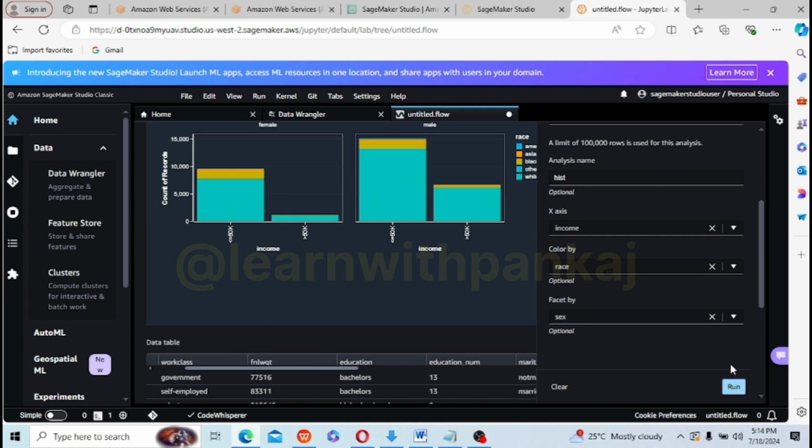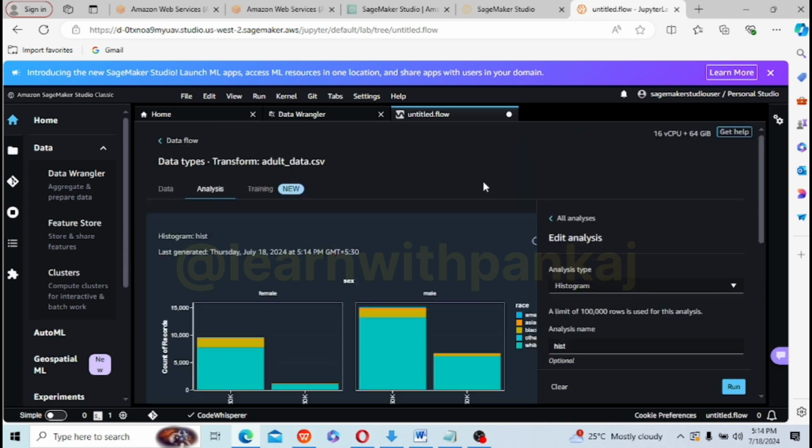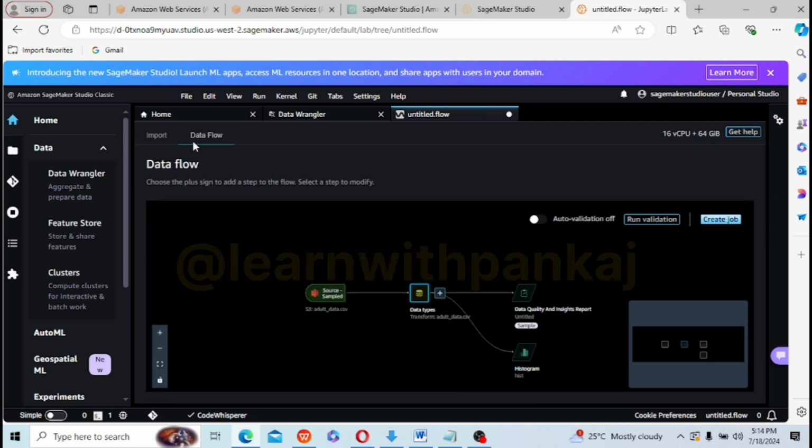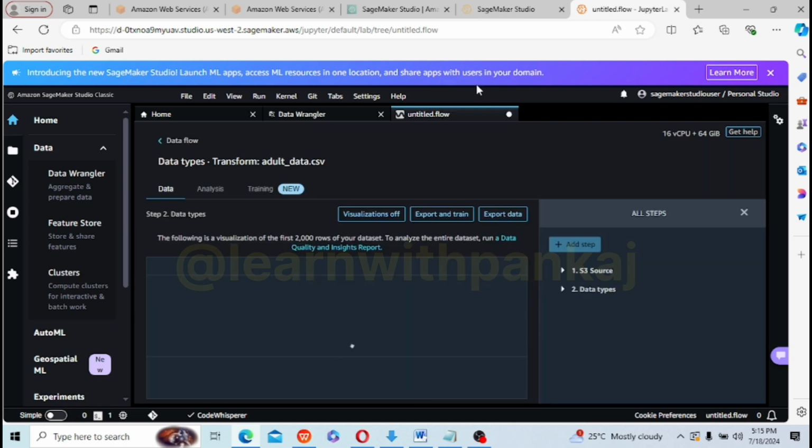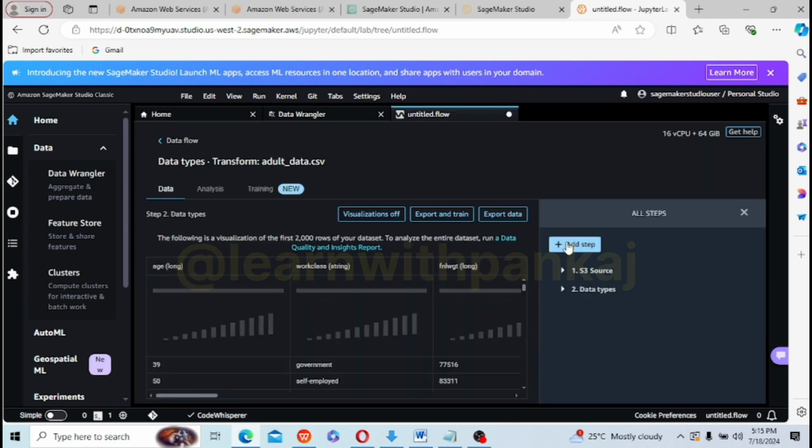Now let's work on the transformation. You have to go back to the data flow, go to the data type, and do a transformation. Let's start with the transformation. This is only the initial analysis that you have done so far. Now we are going on to the transformation.